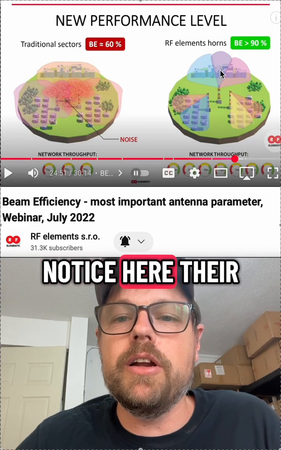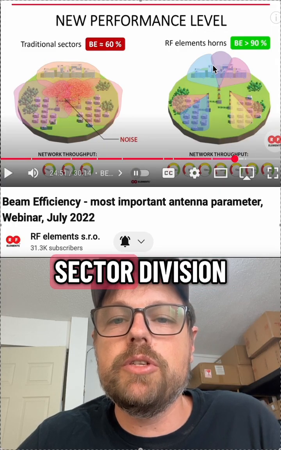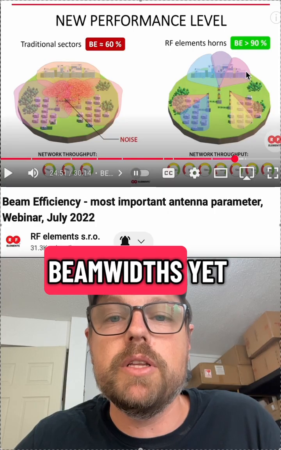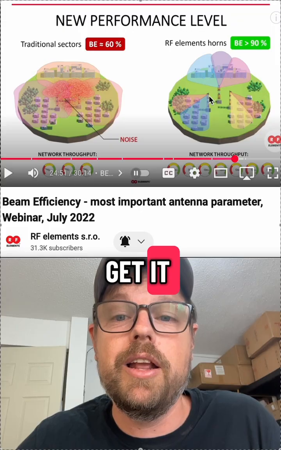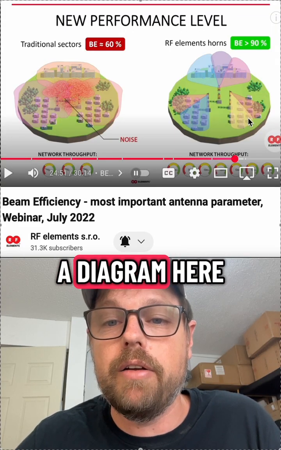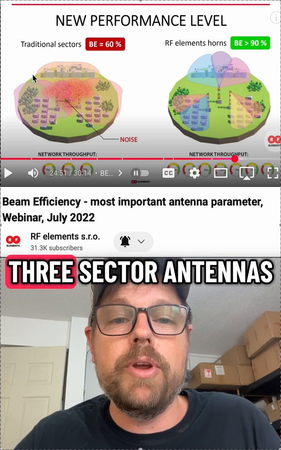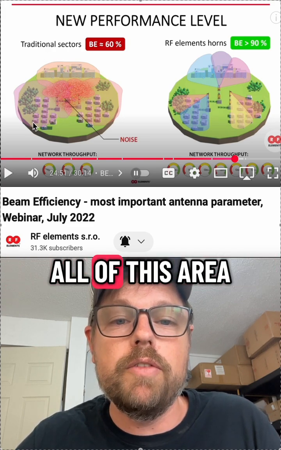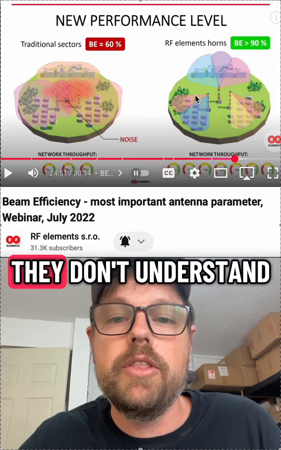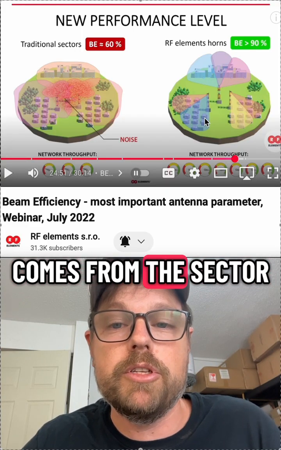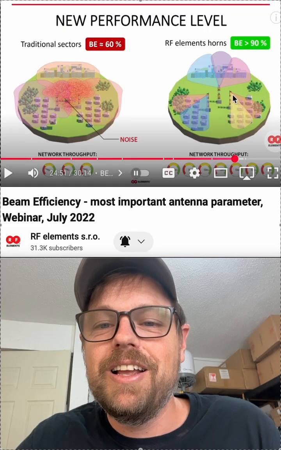So notice here, their diagrams show narrow beam widths. So they show sector division, show narrow beam widths. Yet RF Element still doesn't understand. They still don't get it. They actually drew it out on a diagram here, but they still don't understand. So they got 3 sector antennas providing service to all of this area. They say the noise only comes from co-located towers. They don't understand that noise also comes from the sector. Even though they made a drawing here